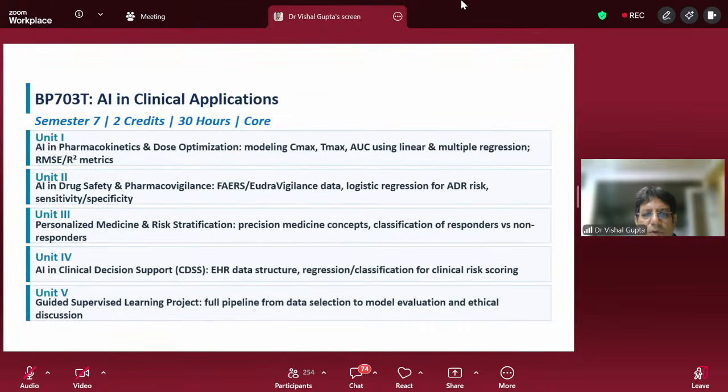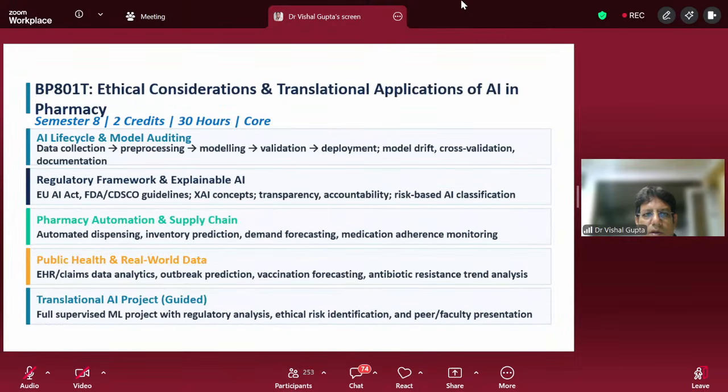Next, AI in clinical applications. We have AI in pharmacokinetics and dose optimization, drug safety and pharmacovigilance, personalized medicine and risk stratification, AI in clinical decision support systems, and guided supervised learning projects. And the last one is ethical considerations and translational applications, where we will be speaking about AI lifecycle and model auditing, regulatory frameworks and explainable AI, pharmacy automation and supply chain management, public health and real-world data, and translational AI